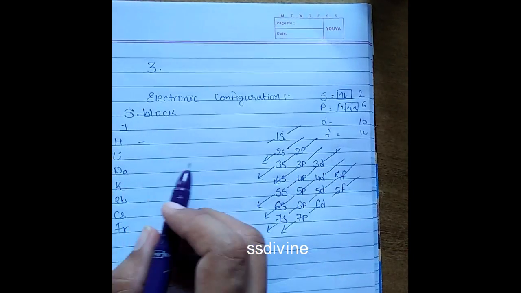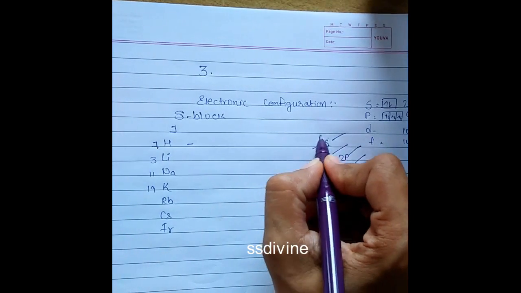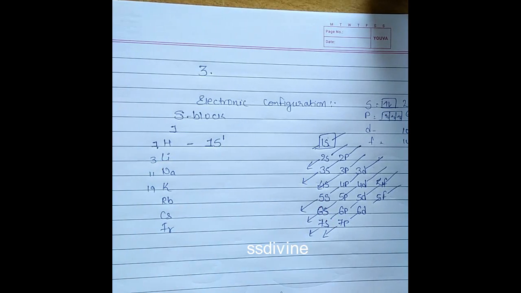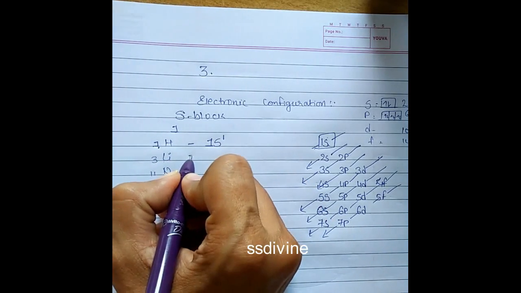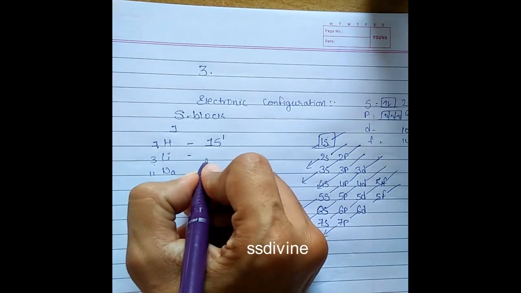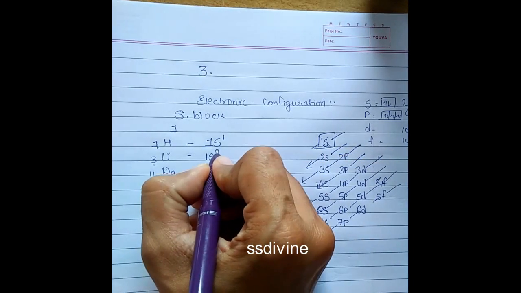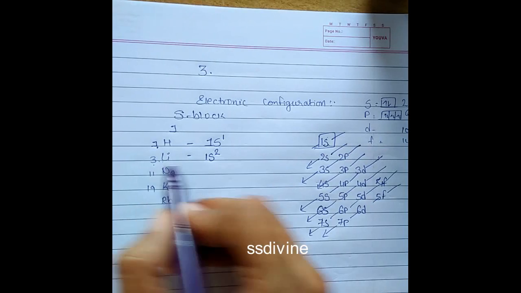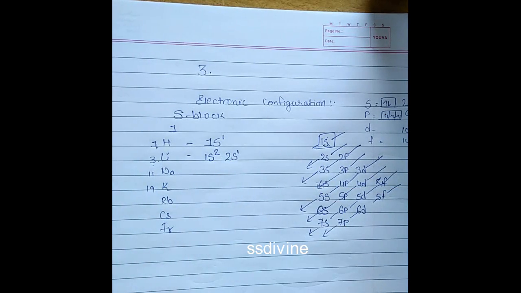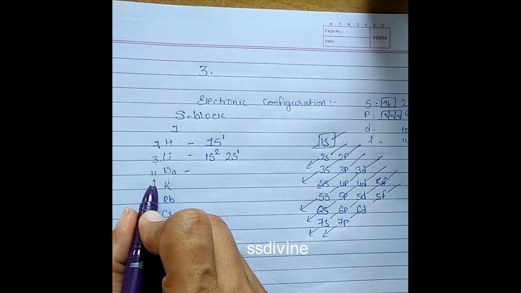So now when I am talking about hydrogen, hydrogen is having only 1 electron. So the first electron will move into 1s. That is, the electronic configuration is 1s1. Now lithium. Lithium is having 3 electrons. So first the electrons will move in 1s. Maximum electrons that can be occupied in s is 2. Now the third electron will enter into 2s. That is 2s1.